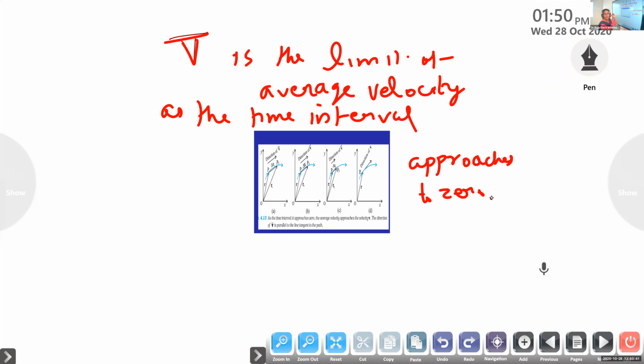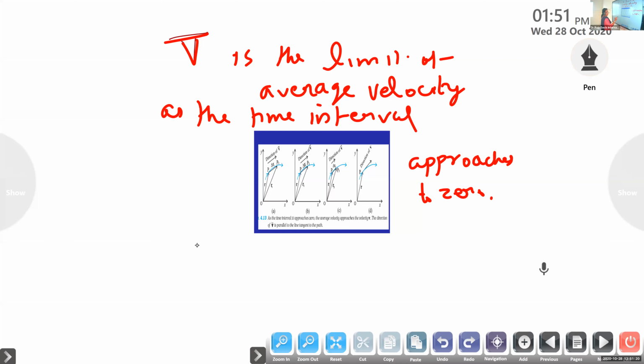If you take the average velocity of a particle and imagine the time is zero, that means it is within a fraction of a second, a very negligible time. In that case, that particular average velocity we can call instantaneous velocity. So this is also a mathematical manipulation. We are using limit, delta t tends to 0, delta x tends to 0. So we can represent instantaneous velocity in motion in a plane this way.